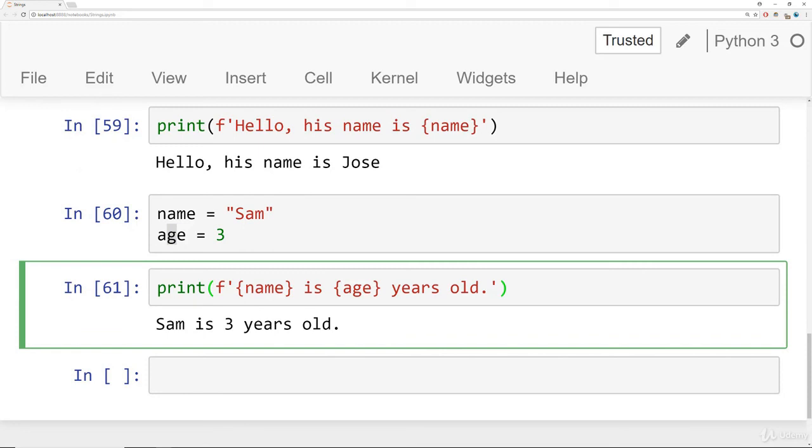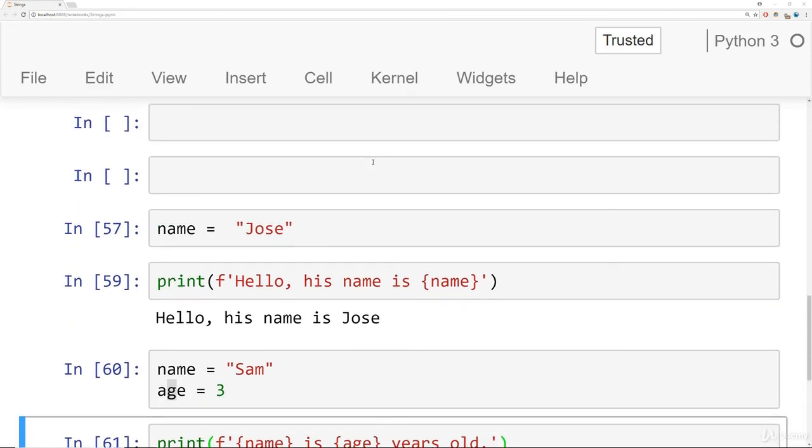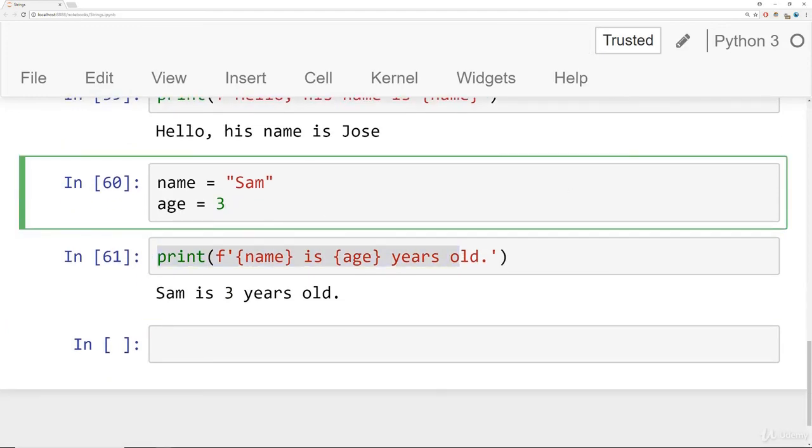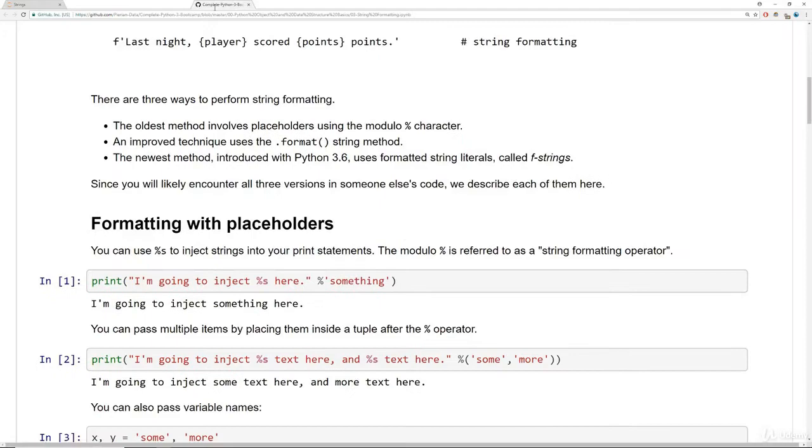Okay, those are the very basics of string formatting. We have a lot more examples in the notebook in case you're interested. And we also have examples of some older string formatting methods that technically still work in Python 3, but I would really recommend that you either use the .format method, or if you like this new f-string method, use that as well. I'm going to briefly just show you what the notebook looks like for this lecture.